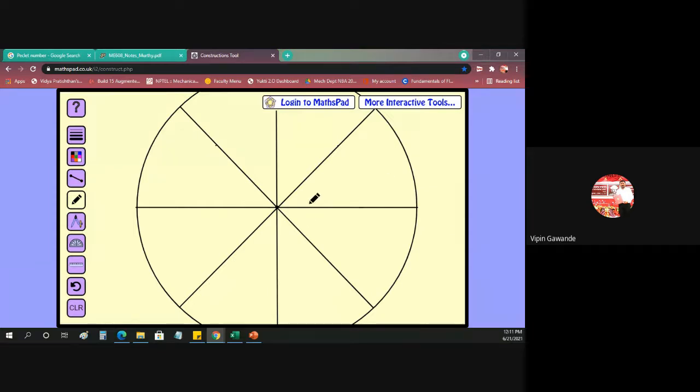Now the next thing is, last time we have taken the point at the end. We have taken point P here. Now I am taking point P here. Now P is moving from center, and it is going here to the end. So this is our end now. In the first case, the point P moves from end to the center. Now it is going from center to the end.